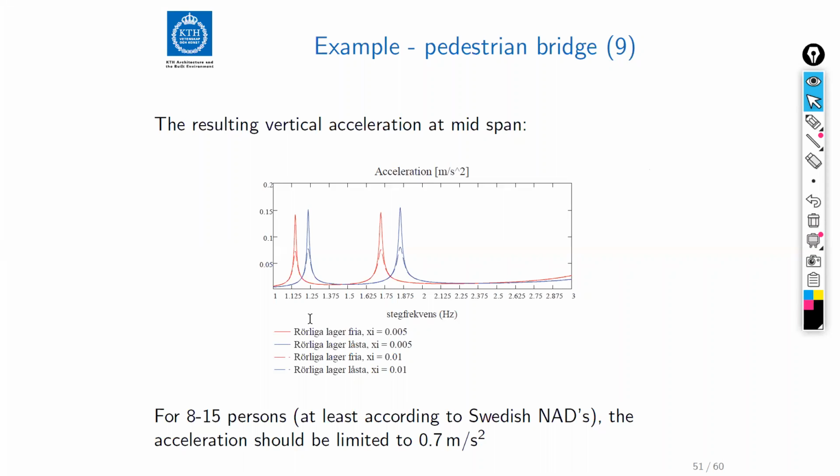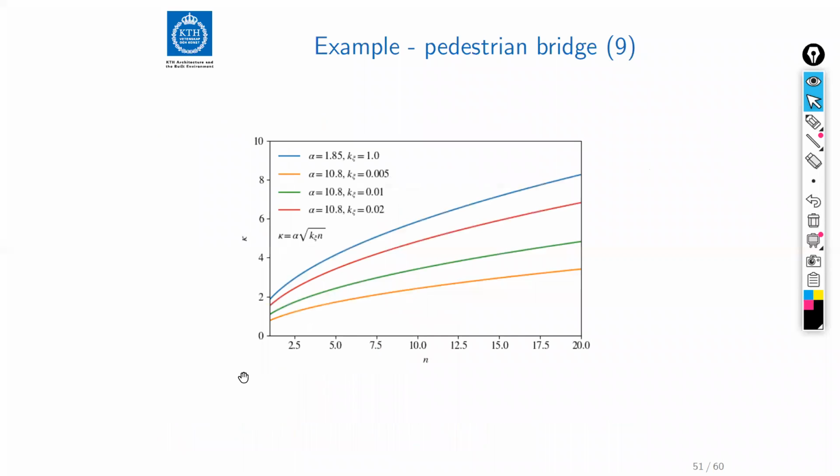And of course, if 3 people are perfectly synchronized, this would give a larger dynamic amplification than having just one person being synchronized with the bridge. So this is a quite vague statement, actually,